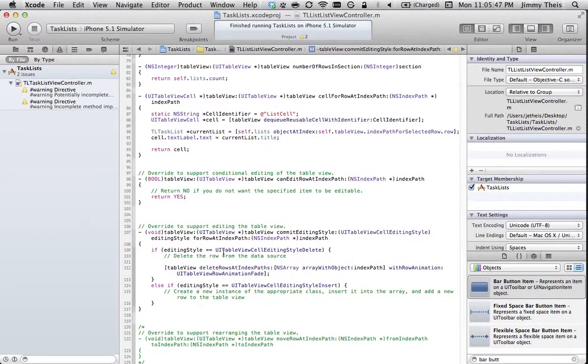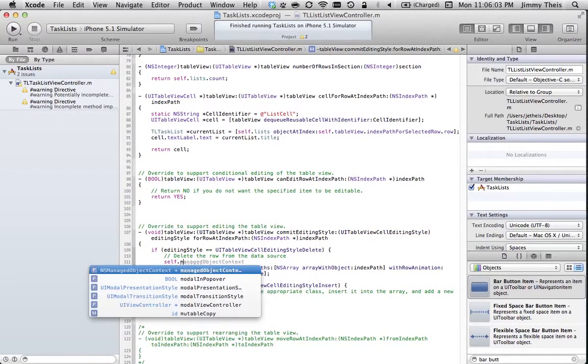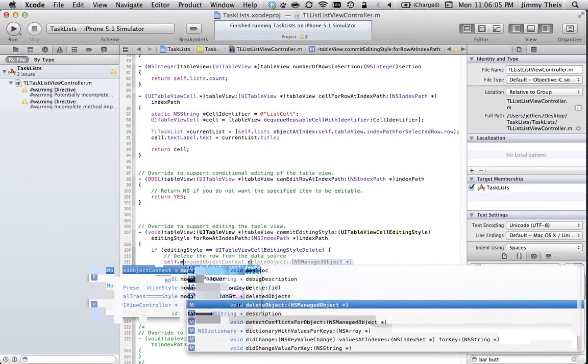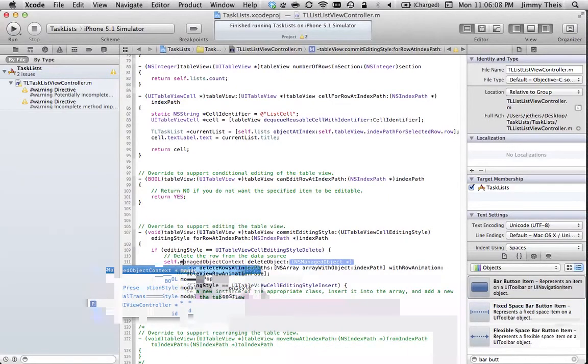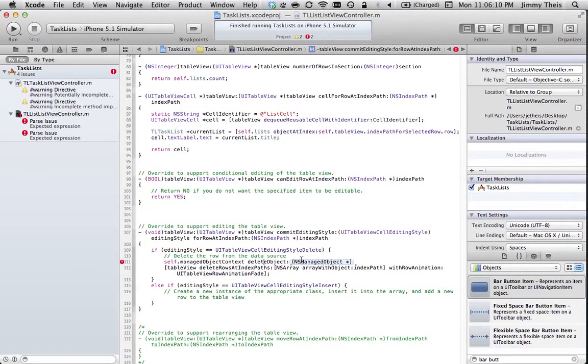The only thing we need to add is actually updating our data source, which in this case is our actual managed objects. So here we fill in below the comment, delete the row from the data source. We can just say self.manageObjectContext. It's got a delete object method. And the object we want to delete will be, see we get index path here for which index is going to be deleted. We can just say